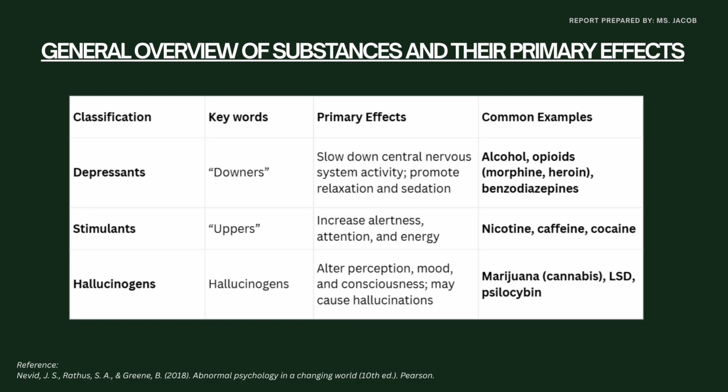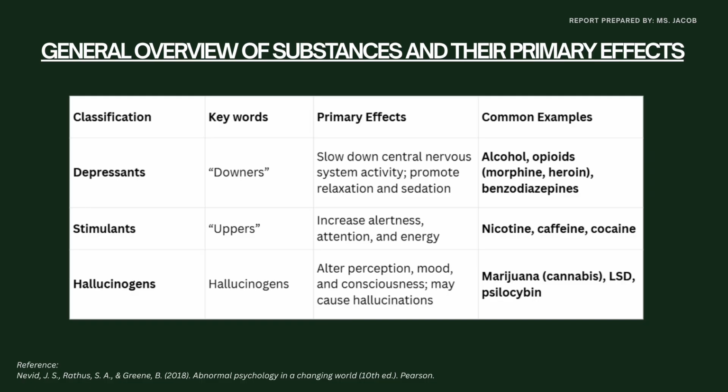Moving forward, let's talk about the general overview of substances and their primary effects. This classification is very basic, but it provides a helpful foundation, because if you're going to check or refer to DSM-5, you'll find many more specific examples listed there. But for the sake of brief discussion, let's just focus on the most common ones, and that refers to